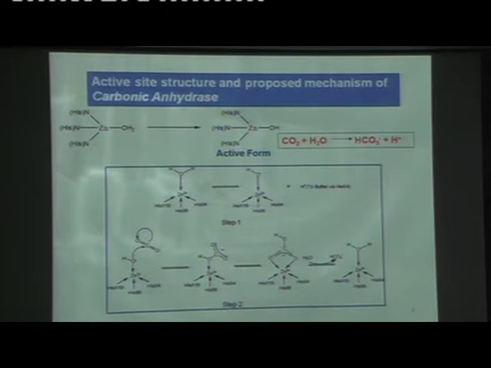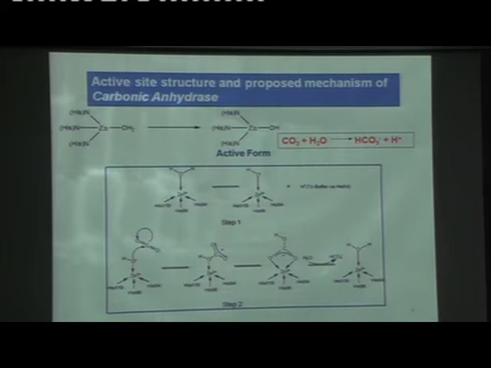So this thing goes on. How does it function? CO2 comes in, with bond polarization, O minus, C plus, so OH minus will attack, and after that it's not a big problem to understand. You basically generate bicarbonate ion, which is liberated, and the process can repeat again and again. The bottom line is only one thing: metal coordinated OH ion and bond polarization lead to nucleophilic attack, and things will be over.